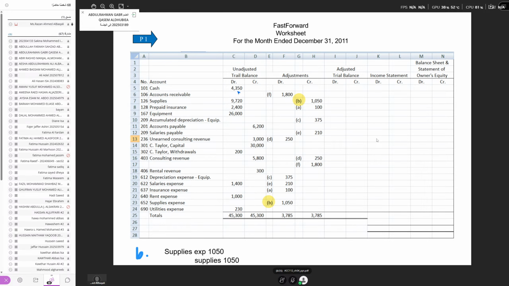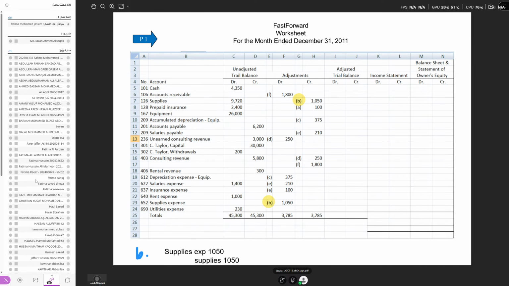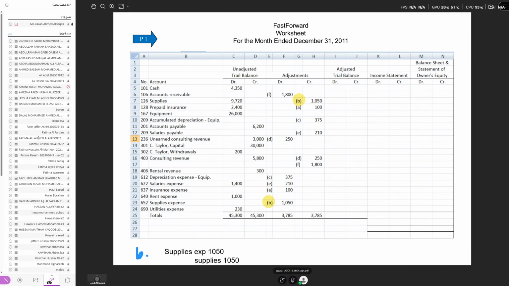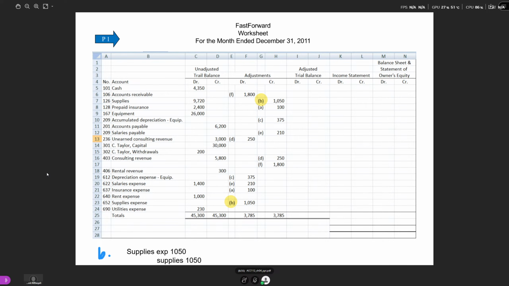First of all, in the unadjusted trial balance, you have cash debit 4,350. There is no adjustment on the cash account because, as we discussed, the cash account will never be affected by an adjusting entry. So which means here in your adjusted trial balance, how much you should be having for the cash account? Same, 4,350. Why? Because nothing affected the cash account